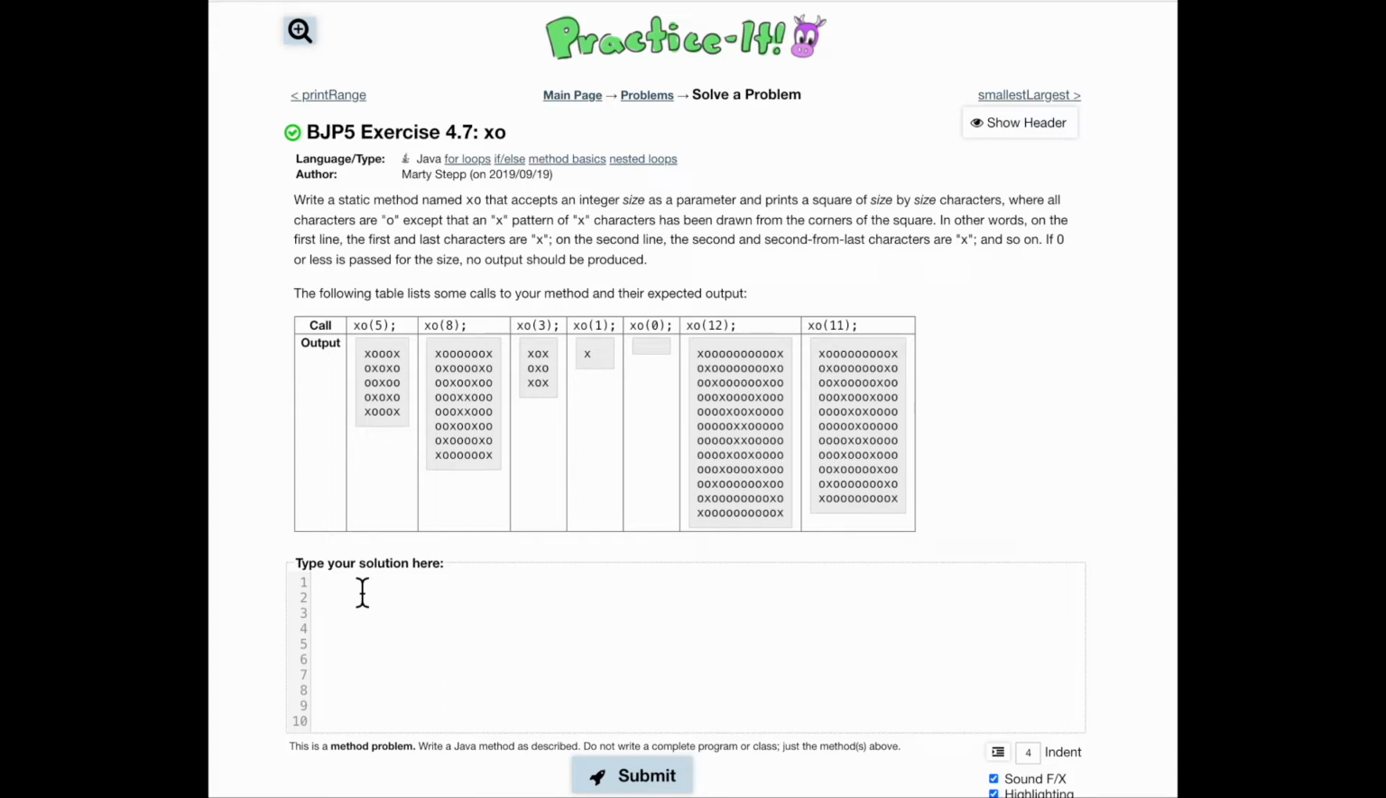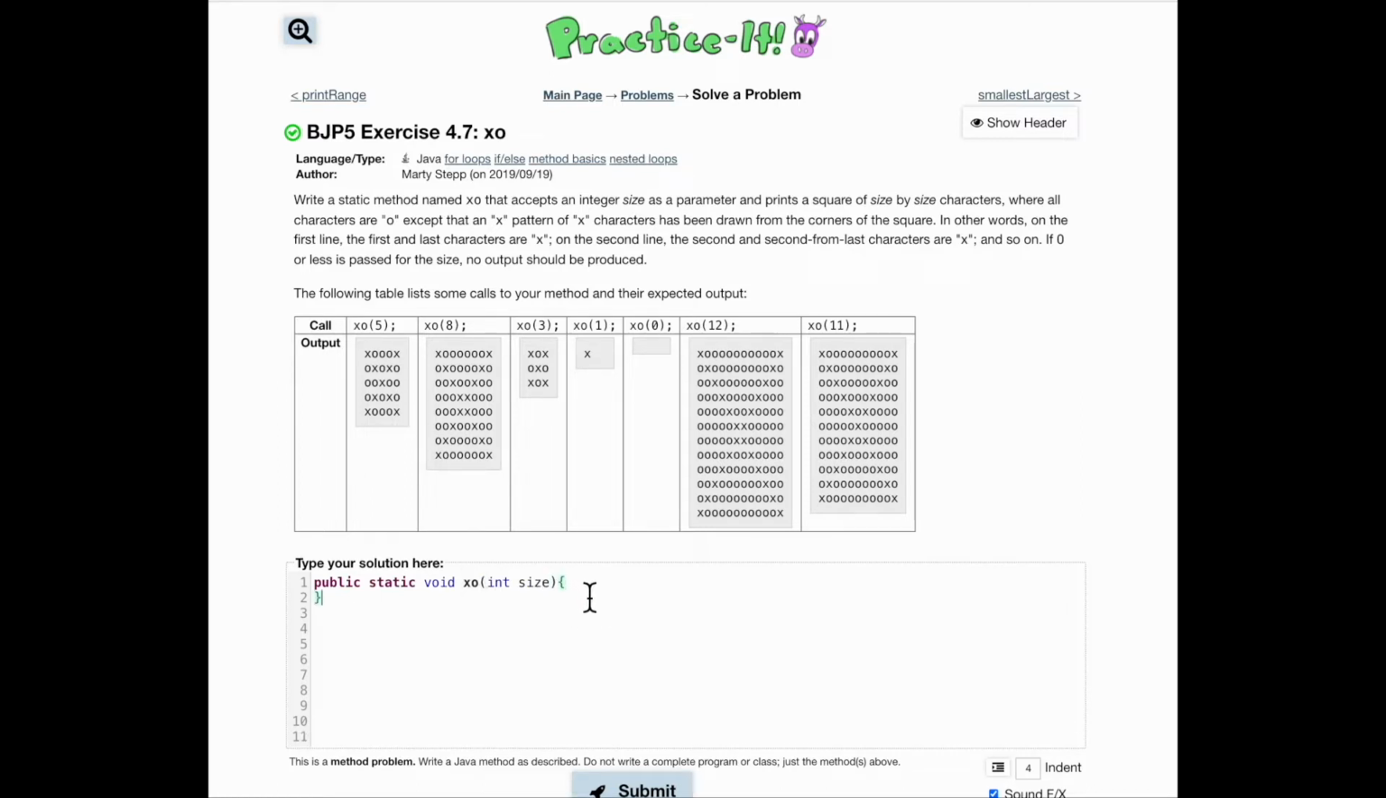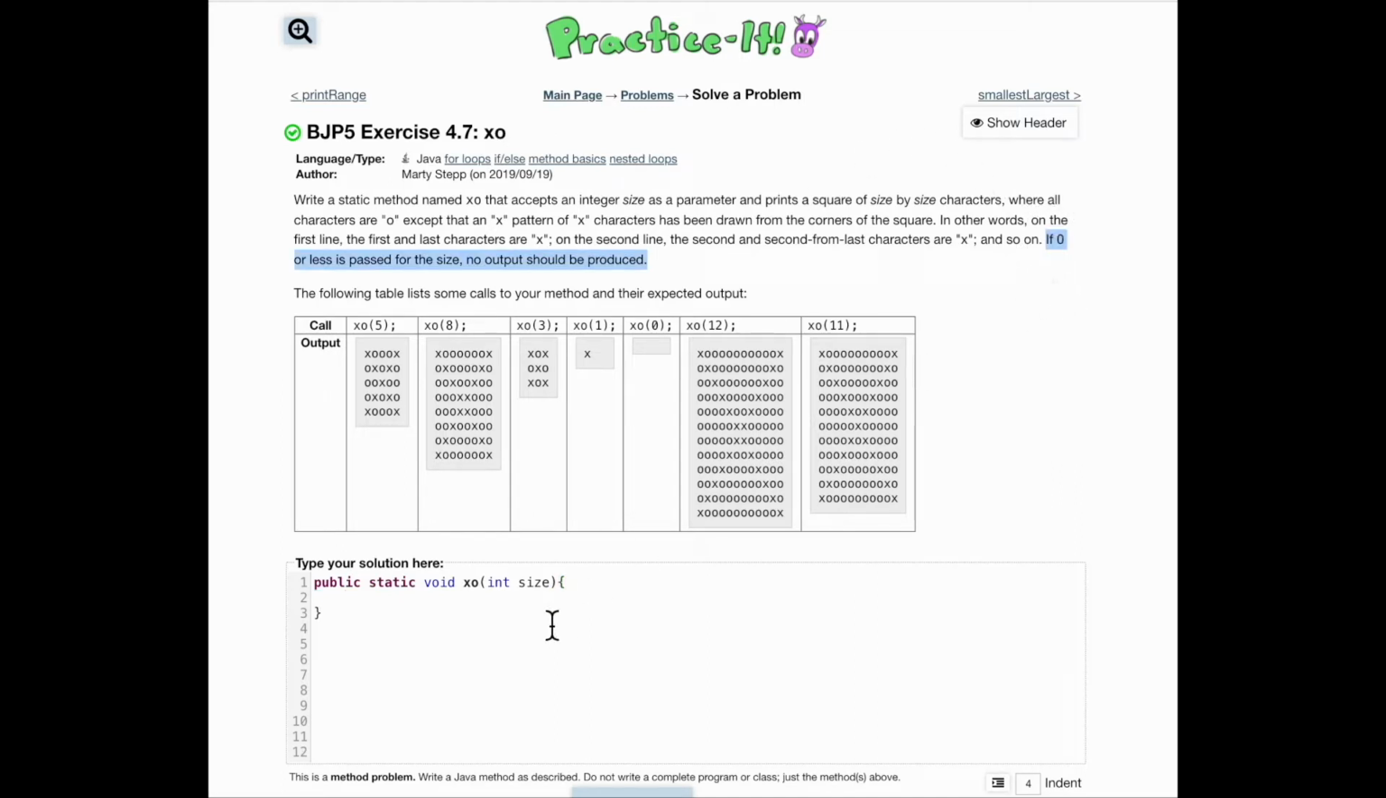Okay, so let's first just create the function XO, and we're going to be accepting a parameter int size. Within this method, the very first condition that we have to consider is if 0 or less is passed, because the question doesn't say it won't happen. So I'm just going to do if size is greater than or equal to 0, then what I'm going to do is